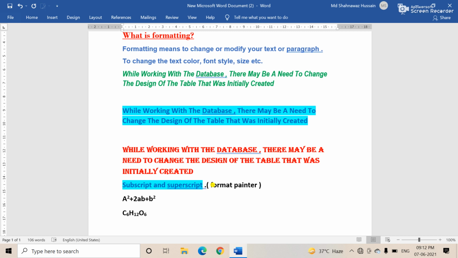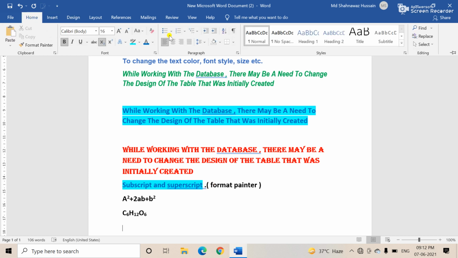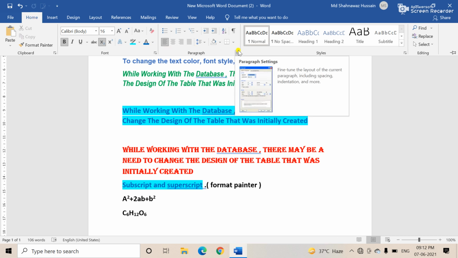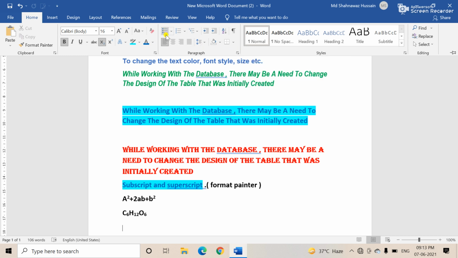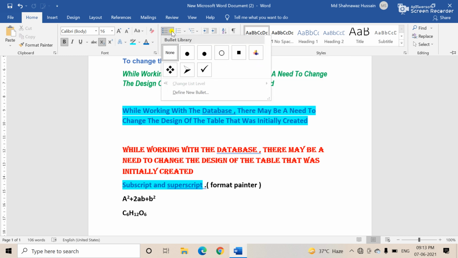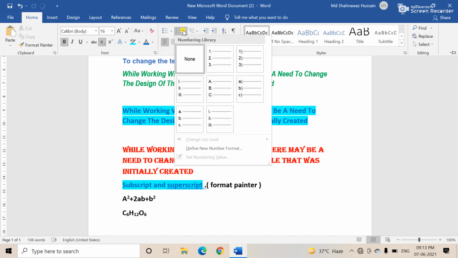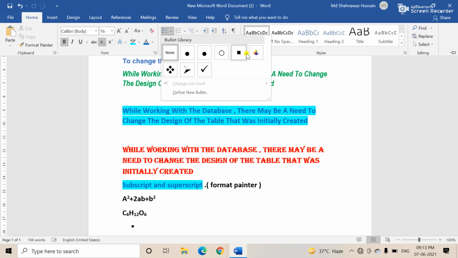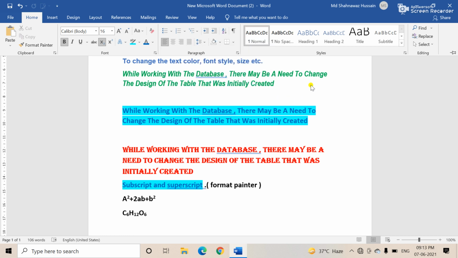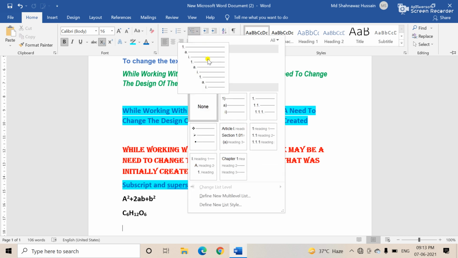Next topic we are going to discuss, the alignments are there. See, in the paragraph, this is the home tab. We are discussing the home tab, the submenus. See, in the case of the paragraph, you see here are the bullets and numbering, like this. Here the bullets and numbering, right? And next, here are also bullets, numbering, and this is the bullets. Many bullets are there. Okay, and more is there. Here no new bullets is also there. And this is the current list.